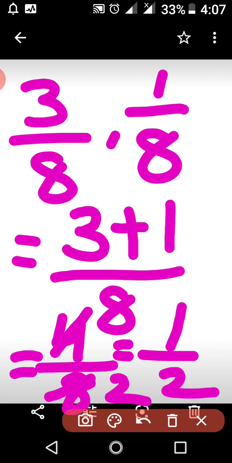If the sum is not in its lowest term when 2 or more fractions are added, then reduce it to the lowest term. Lowest term means what? There is no common factor for the numerator and denominator. If you take 4 by 8, for 4 and 8 we have the common factor 4. 4 ones are 4 and 4 twos are 8. That's why we take 1 by 2. Here for 1 by 2 there is no common factor. That's why this is called the simplest form or lowest form.